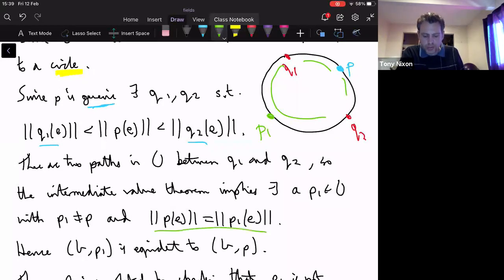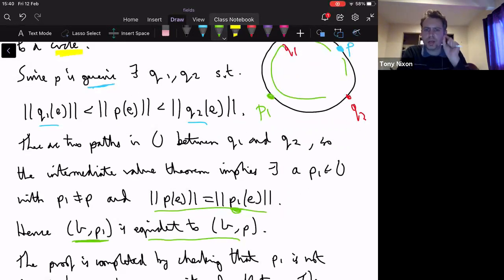So the length of Q1 is less than P, and the length of Q2 is bigger than P. So as I traverse from Q1 the other way around to Q2, I find somewhere else with the same edge length as P, and I call it P1. So I found GP1, which is equivalent to GP. Okay. So now I want to say I found an equivalent but non-congruent realization, and I'm finished, but I'm not quite,